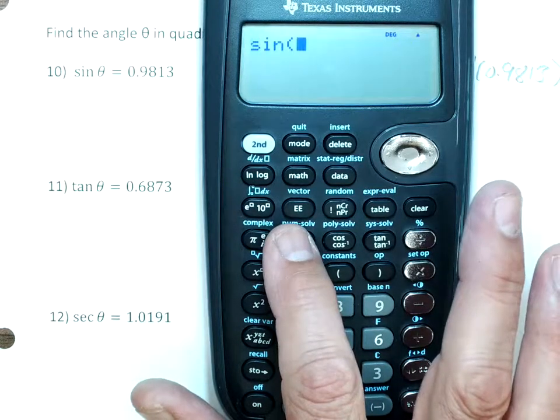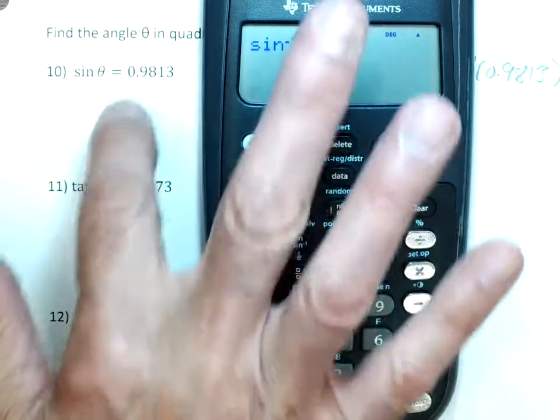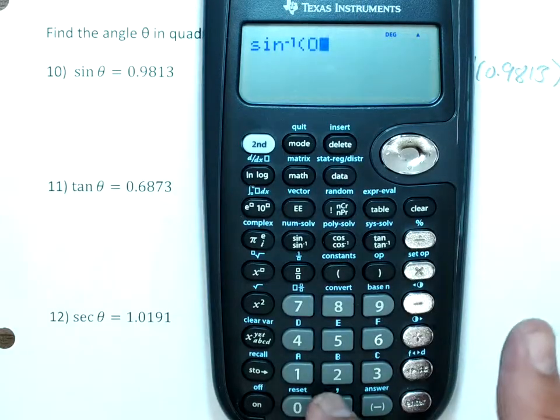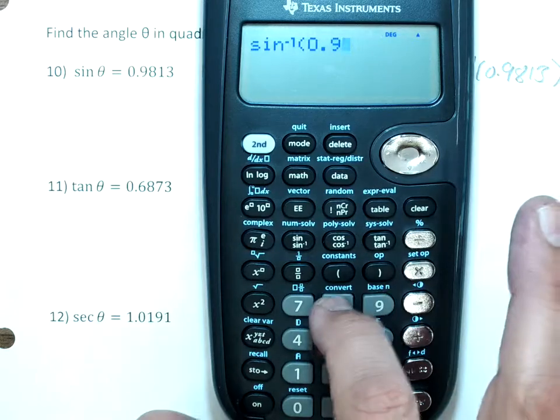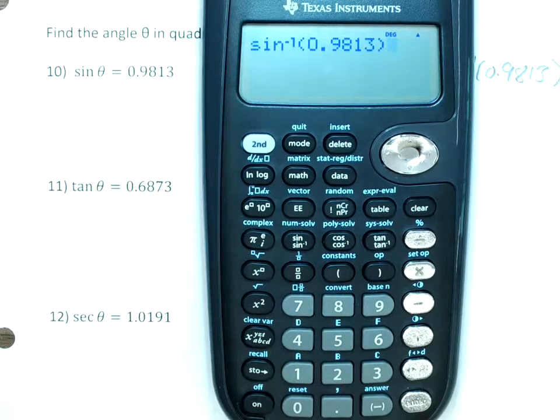One, and then hit it again. Now you're on the inverse sine. You're going to plug this number in: 0.9813, close parenthesis. Hit enter and we get